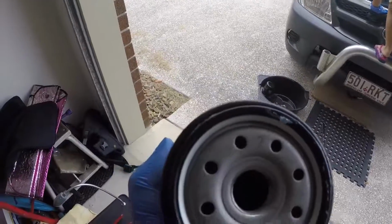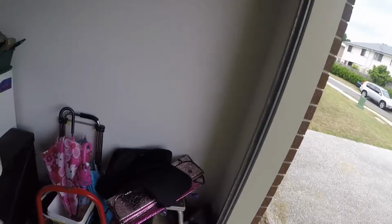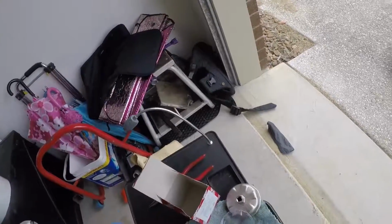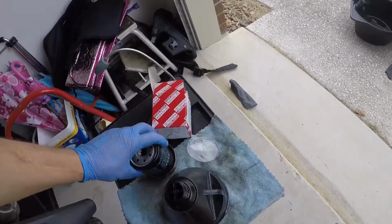You'll want to rub new oil around the seal. This has got actually grease on it. The Toyota ones are fairly good. So I just take the grease that they've got, wrap that around the O-ring, and then that's ready to screw on. Take your oil filter socket, put your new oil filter in it,